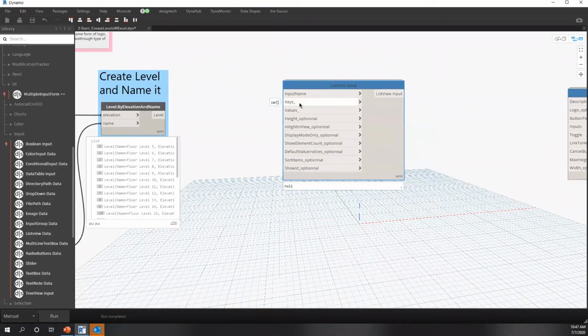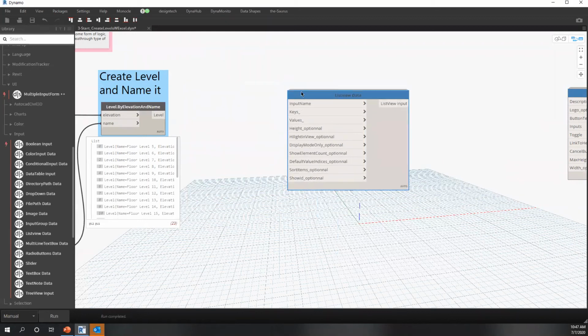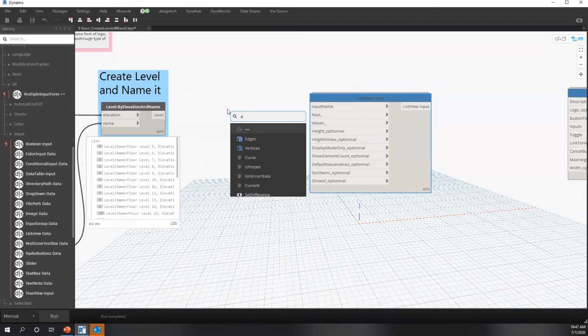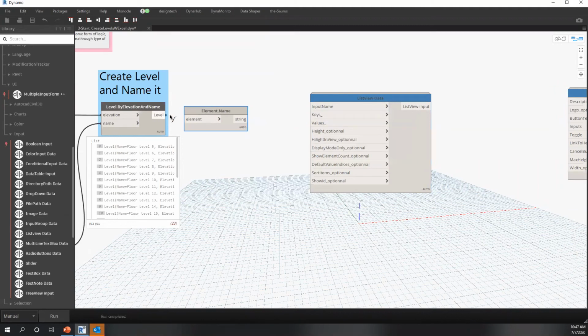Again, we're going to provide it keys, values, and an input name. So the keys that we're going to provide is just the level name. So we're going to get the element name because those are Revit levels. Element name, tie that into level, tie string into my keys, and then the actual values themselves are going to be the